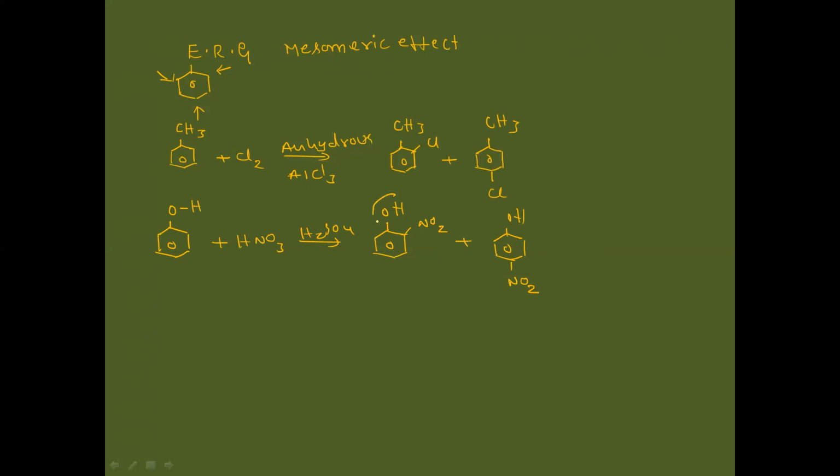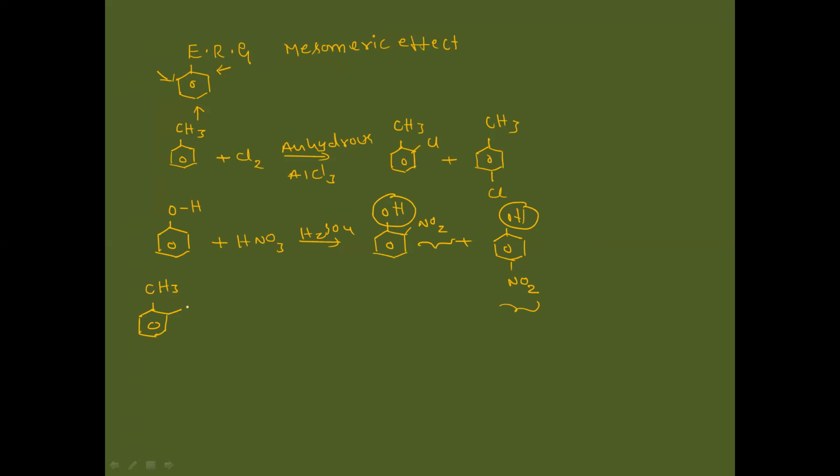So with respect to OH, the substitution is at the ortho position and at the para position. Whenever you have a single substitution, we can discuss it like this to find the position of the next incoming group. Now, if we have two substitutions, both electron donating, that is both activating,